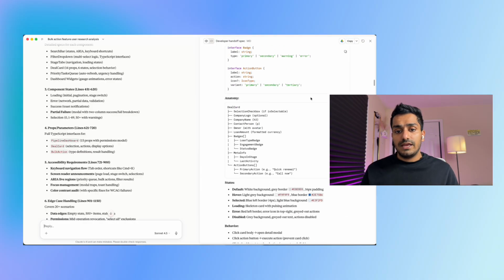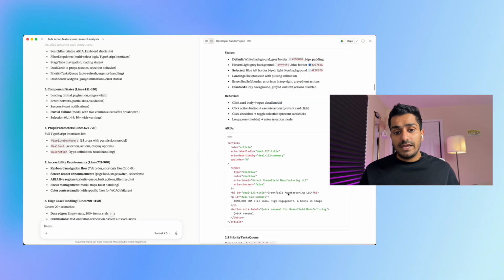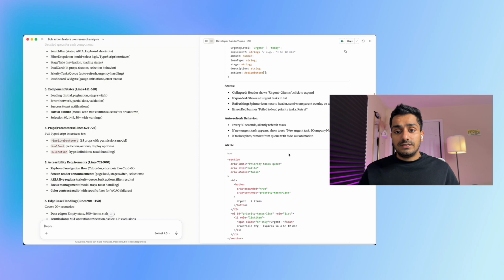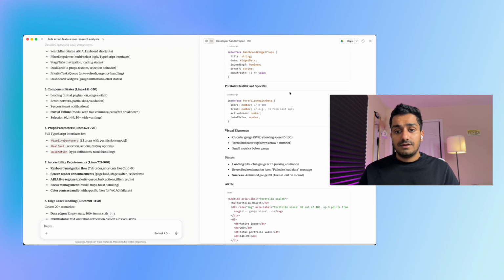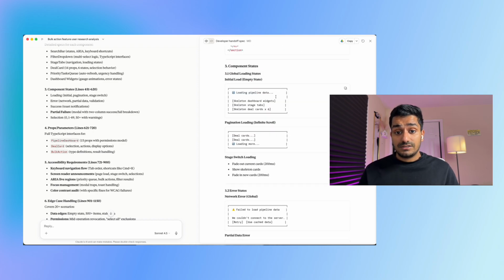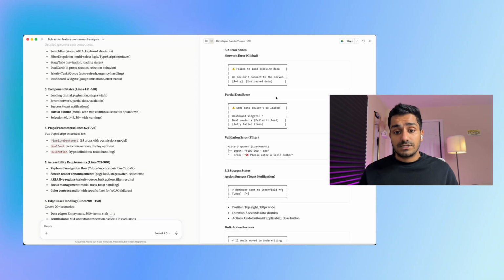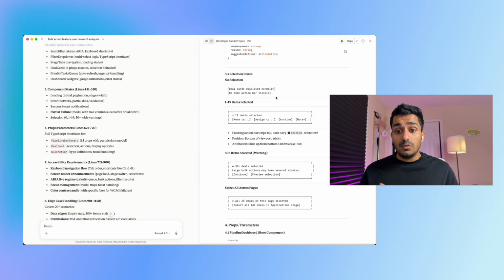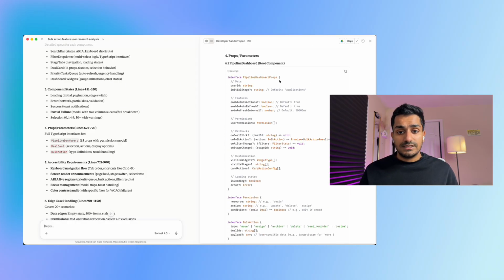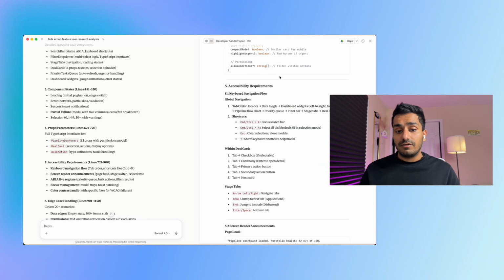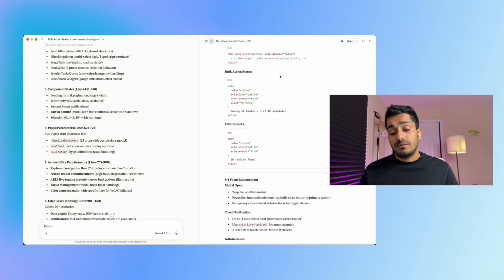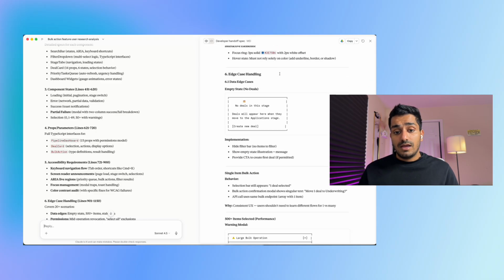Okay, so let's talk about what AI generated well. The first thing AI handled perfectly is the component states. It didn't miss any of the states that were really needed in the overall project. Second is the accessibility annotations, mostly accurate. Edge case checklist, about 80% coverage. But if I go with the manual process,